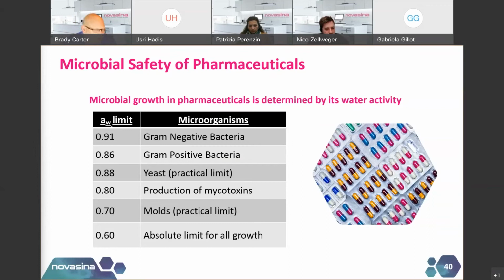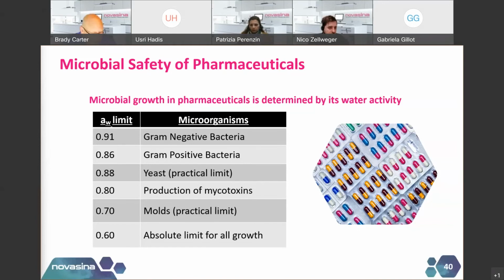For instance, gram-negative all stop at 0.91 water activity. Gram-positive bacteria all stop at 0.86. Yeast at 0.88. Mycotoxin production stops at 0.80. Mold's practical limit is 0.7, and then the absolute limit for all growth of microorganisms is 0.6. There are some xerophilic molds and osmophilic yeast that can grow in between here, but they're fairly rare and not typical spoilage organisms. So this becomes now the important thing for determining whether or not a pharmaceutical product would be